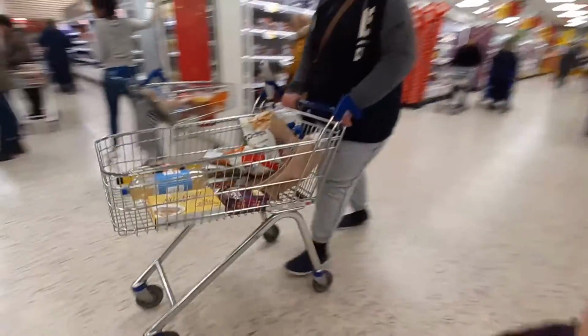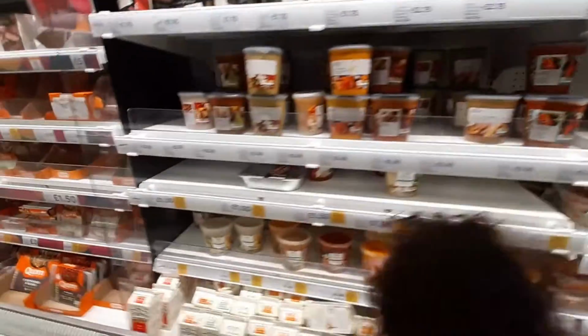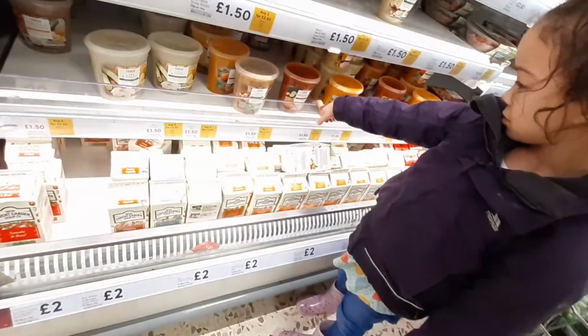There's Pringles on the end, and they're half price. So you've got different types of orange juices there on the end, like Tropicana, £2. And then they've got their own brands, which I find just to be as nice as, say, like Tropicana. These are all of the soups and chilled soups, and I like to get these sometimes when I'm not making